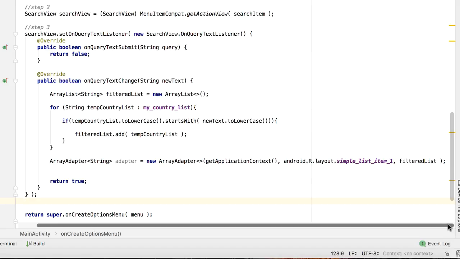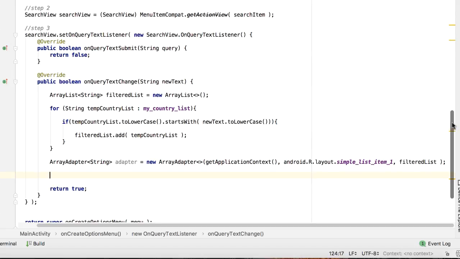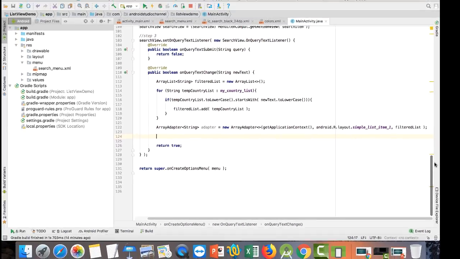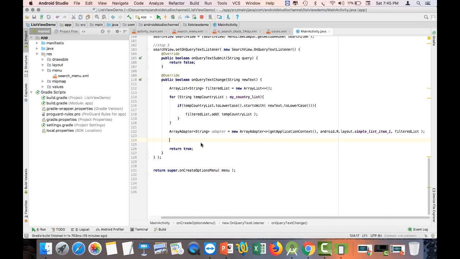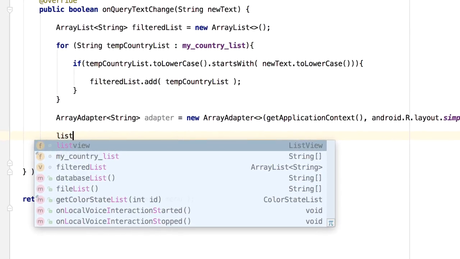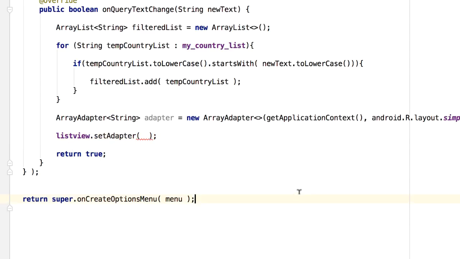So it's easier to debug your code, okay? So this filtered list is now in our array adapter, and after that, it's not yet finished. We call the ListView object that we have above and substitute. Of course, when you first load, there are already values here, but we substitute this with the filtered list. So our list adapter should now obtain the data from the array adapter that got its data from the filtered list. So ListView here, then set adapter and pass this adapter that got its data from the filtered